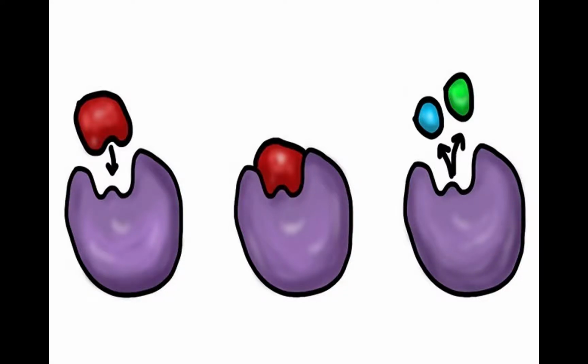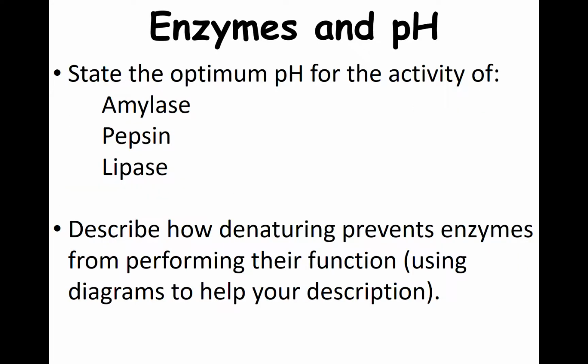This video is about the effect of pH on enzyme activity. So our title today is Enzymes and pH. By the end of this lesson we should be able to state the optimum pH for the activity of amylase,